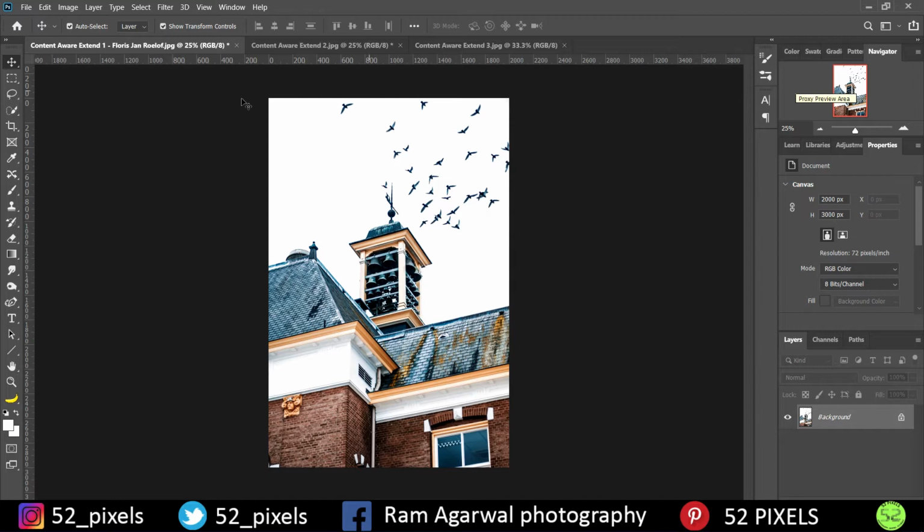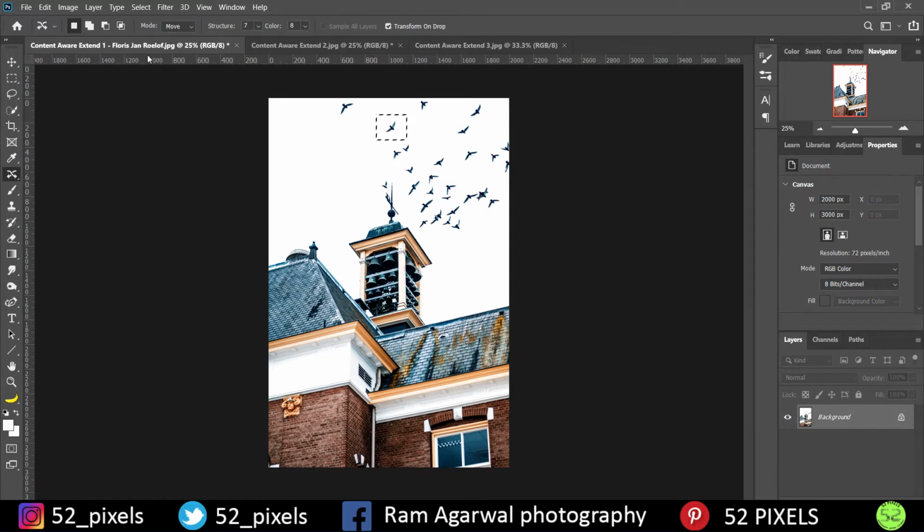As we learned in previous tutorials, to work with the content aware move tool, what you have to do is just make a selection. Suppose using the rectangular marquee tool, I make a selection of this bird over here, and using the content aware move tool, if I drag it out over here and press enter, it would cut the image from there and paste it over here. So the content aware move tool is basically cut and paste of an image.